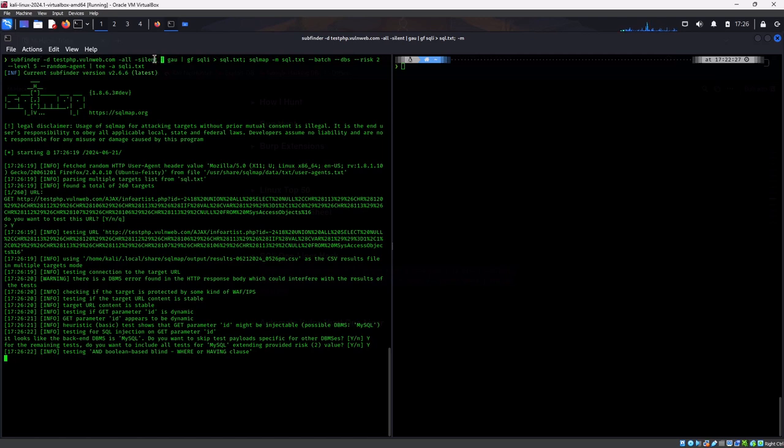Then we are piping the results of the subdomains to this tool that gets all URLs, the Go tool that fetches known URLs for a domain using various sources like Common Crawl and Wayback Machine. So it will find all the URLs from the domains that